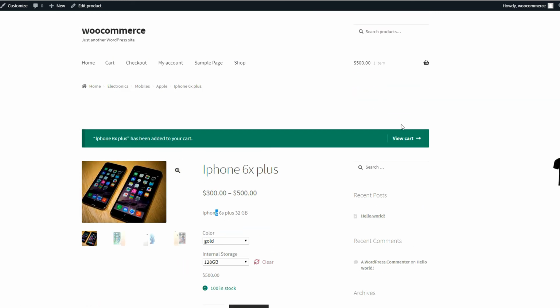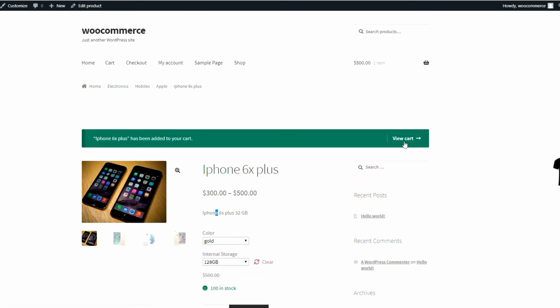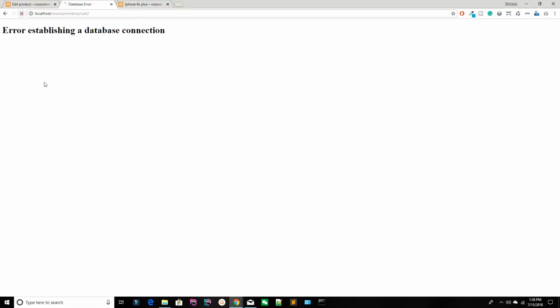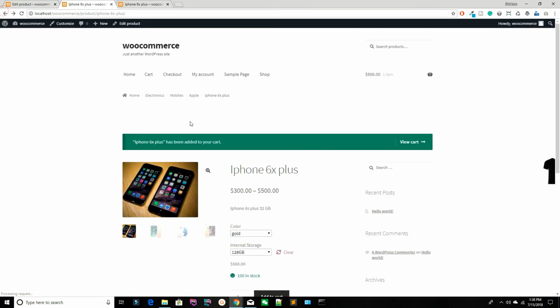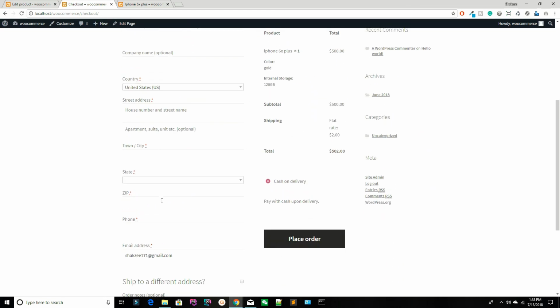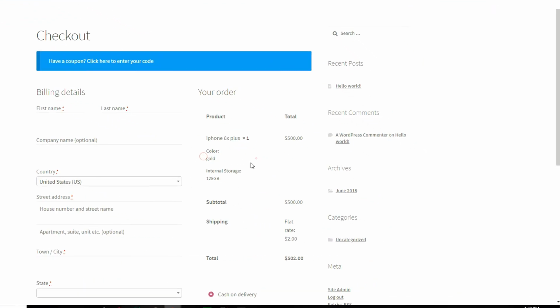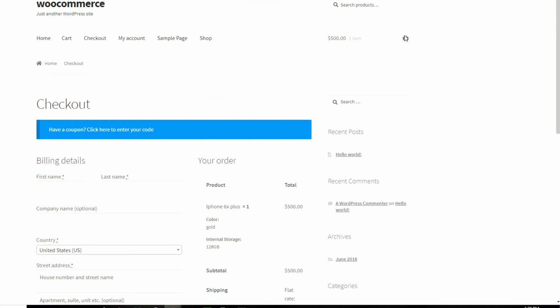Now I'm saying checkout, proceed to checkout. Where is the checkout? View cart. Okay, it's working fine. So as you can see, now you have your iPhone 6s Plus. The color is gold. The storage is 128 GB. You have selected. Okay, so now I'm going to